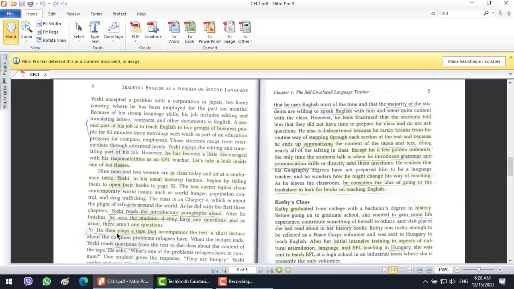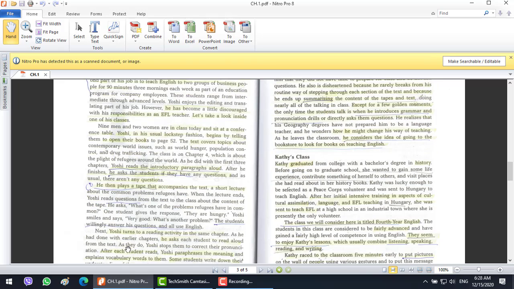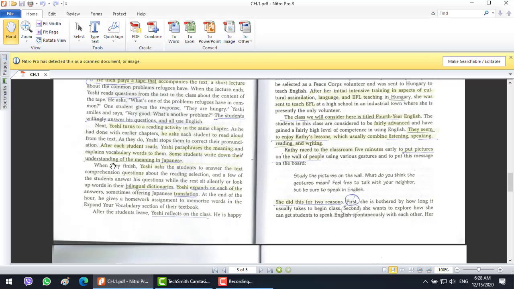After that, he plays the tape recording about how to read the text. Then Yoshi reads the questions related to the reading. Next, Yoshi turned to a reading activity. After that, he asked the students to read aloud. After each student reads, Yoshi